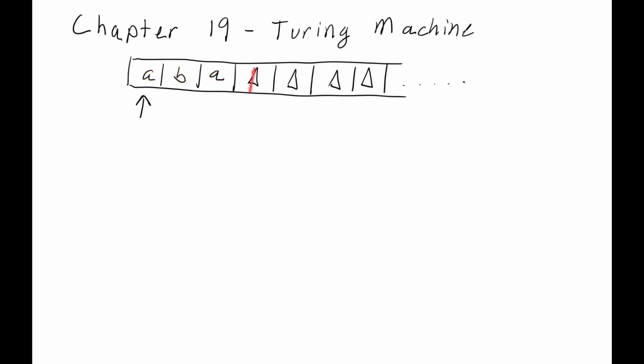And then it has an infinite number of blanks that go forever in the right direction. And then our Turing machine can move the tape head each time it reads something from this cell. It can make a choice based on what's in that cell. So if there's an A, it can go one way, and if it's a B, it can go another way. And it can also decide whether to move the tape head to the right or move the tape head to